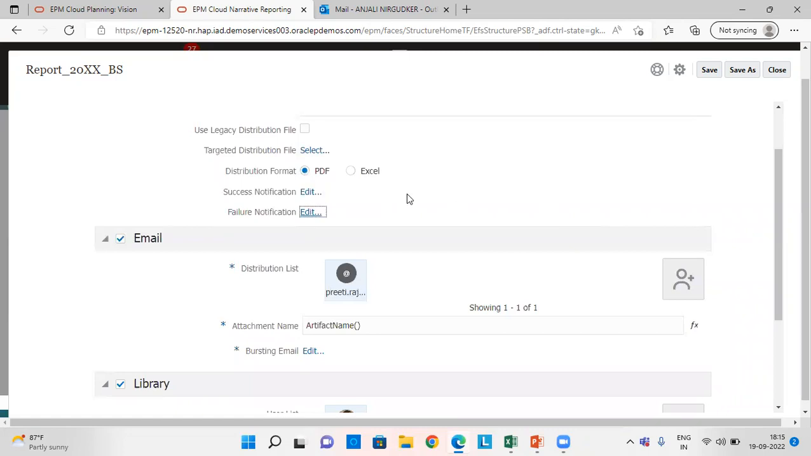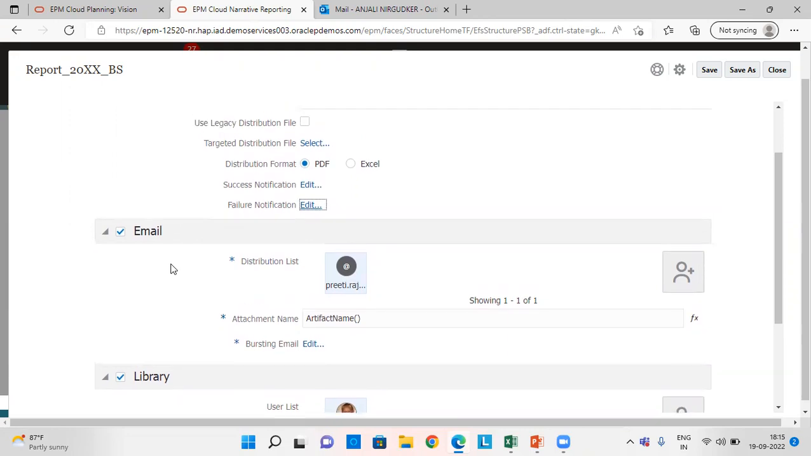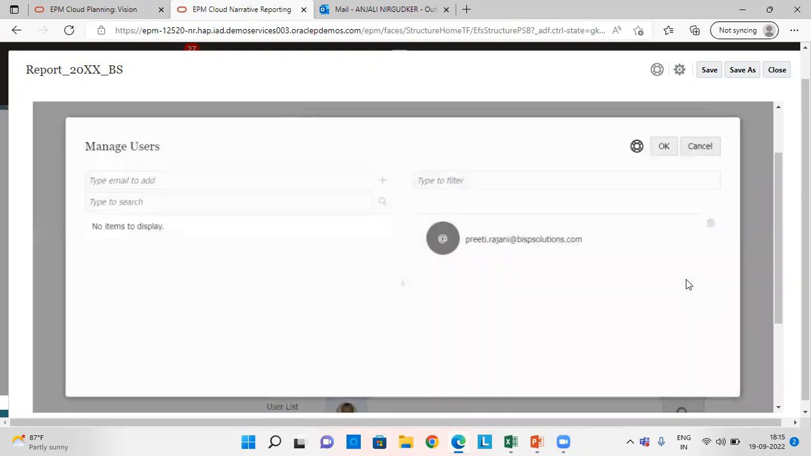This report bursting process can be done in two ways. One is email and another one is library. So first understand the email one. This is distribution list. In this, we add the number of users to whom we want to send the report. Click on add user, provide the email address here, click on add. I've just added one user,